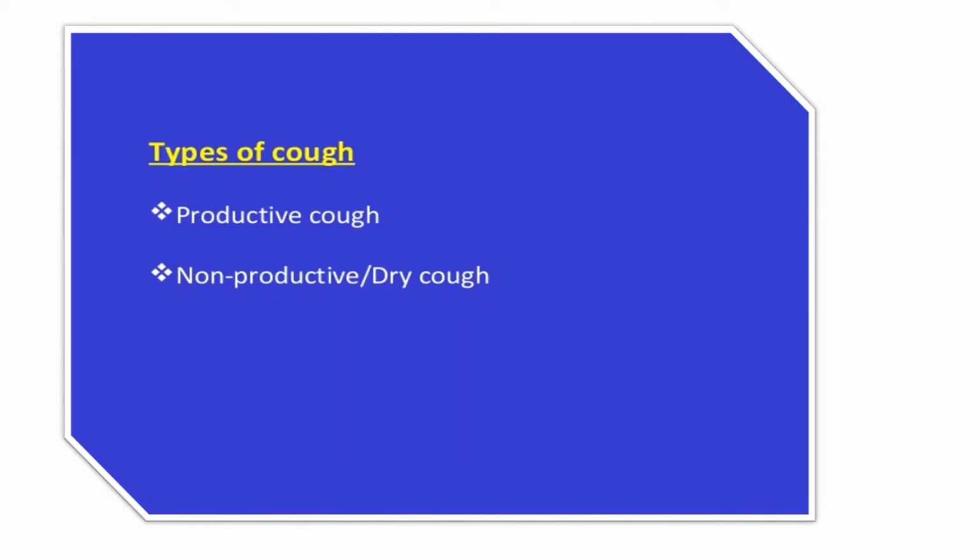Now, how many kinds of cough are there? There are two kinds of cough, that is productive cough and non-productive cough, which is otherwise known as dry cough. In productive cough there is expectoration, as we say kabam undavuna chamayana productive cough. Non-productive or dry cough is when you feel your throat is irritated, an itching feeling, and you just cough without any expectoration. Kabam illatha chama, or dry feel thona chama, that is dry cough. Depending upon the two types of cough, we have the management of cough.